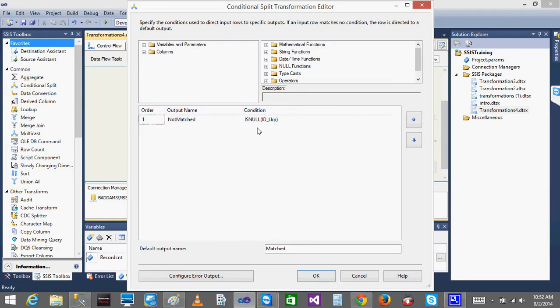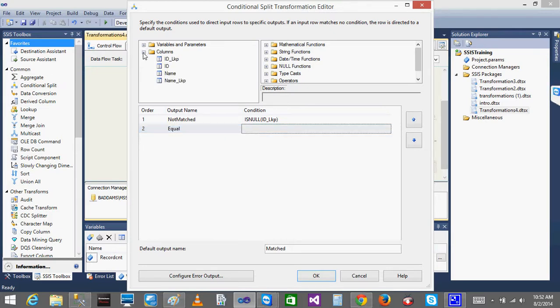Condition split. So this is a not matched record. If it is null, then it will go into the lookup. So here I'll make one more thing called match. I'll name it as equal. Equal means the names are equal.